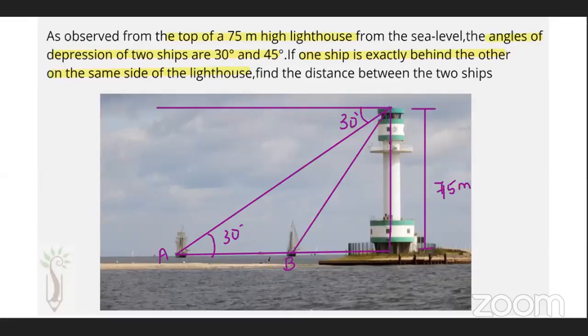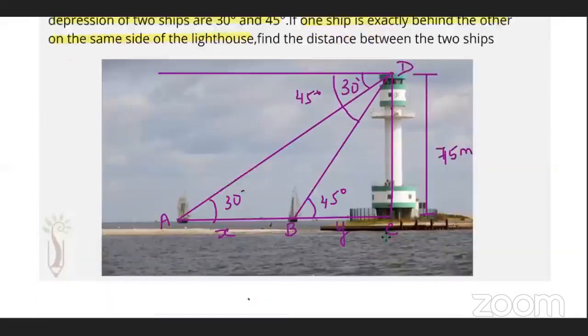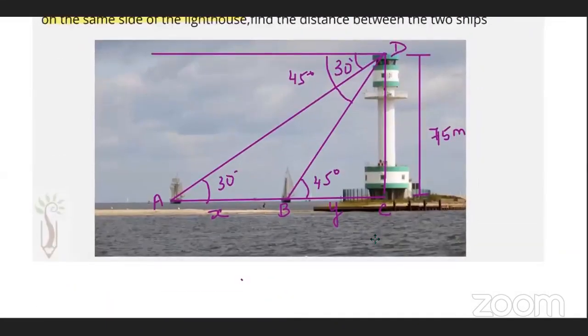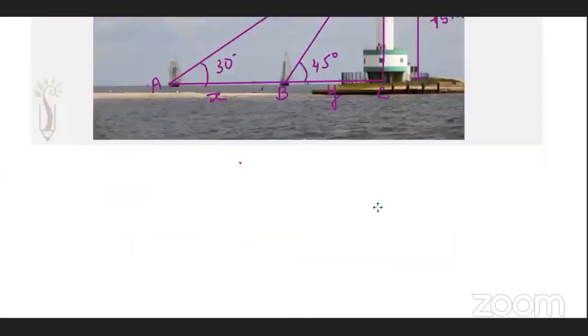Okay. This whole thing is 45. Okay. Now what do we have to find? Distance between the two ships, which is the distance between A and B. This is C and this is D. Again, we are coming to the same naming, X, Y. Okay. Let's draw the figure. And the two triangles. All clear with this picture and the diagram? Yes, ma'am. Okay. Let's draw it.